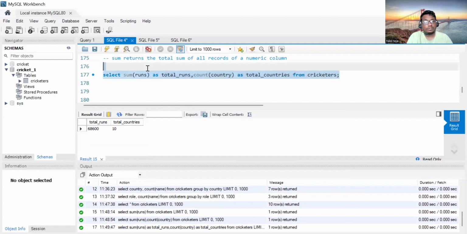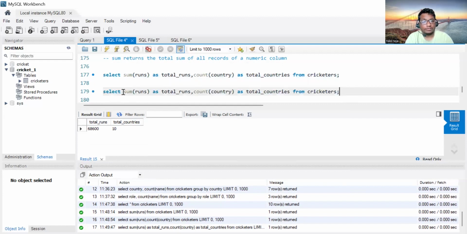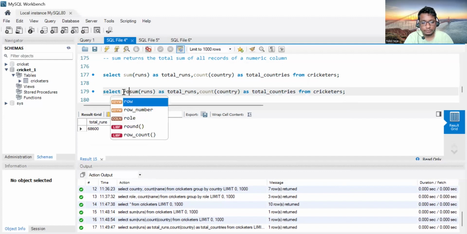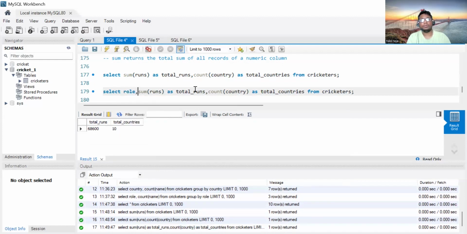Let's copy this and paste here. Let's suppose I want to group by role. I want to know the runs of all the batsmen, as well as the countries of all the batsmen. Right? So we will be doing a group by role. If we run this now,